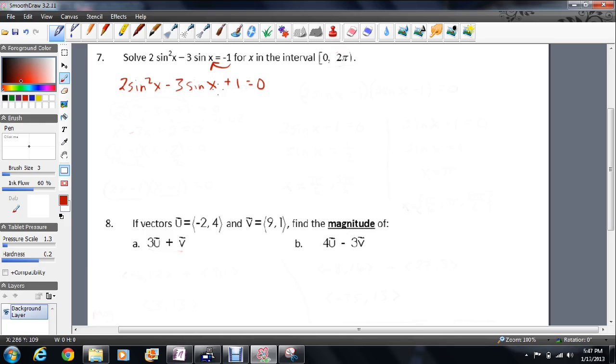Now I see there's a trinomial, it has 3 terms. So I'm going to substitute a value in for sine, and then I'm going to go ahead and factor. What I mean is I'm just going to write 2a squared minus 3a plus 1 equals 0. The reason I replaced the sine with a is just to make it look a little simpler. I'll go back at the very end and replace a with sine. So if I go to factor this, I'm going to use the illegal move,